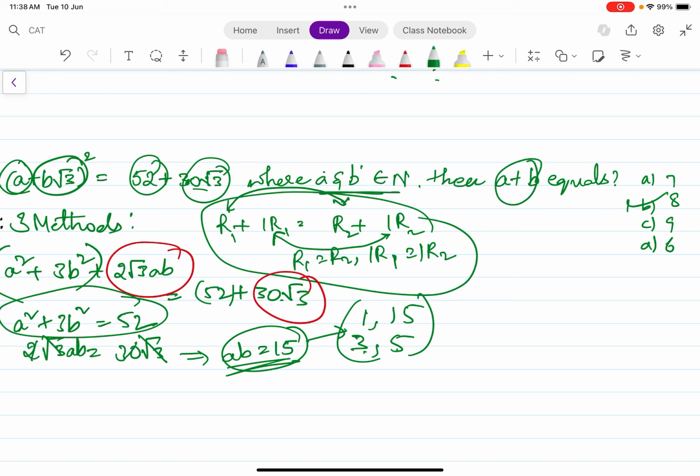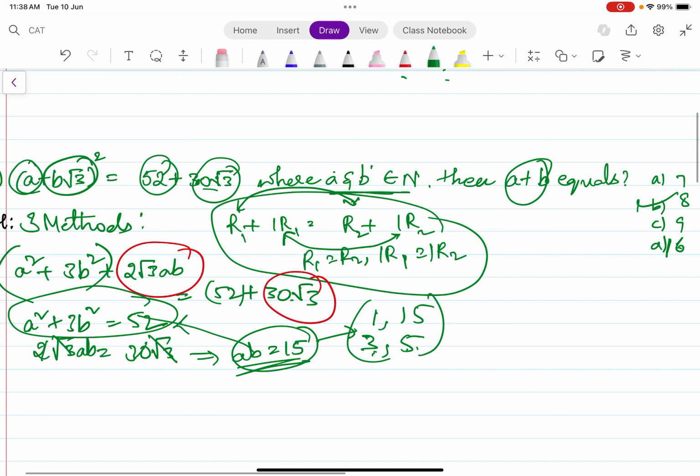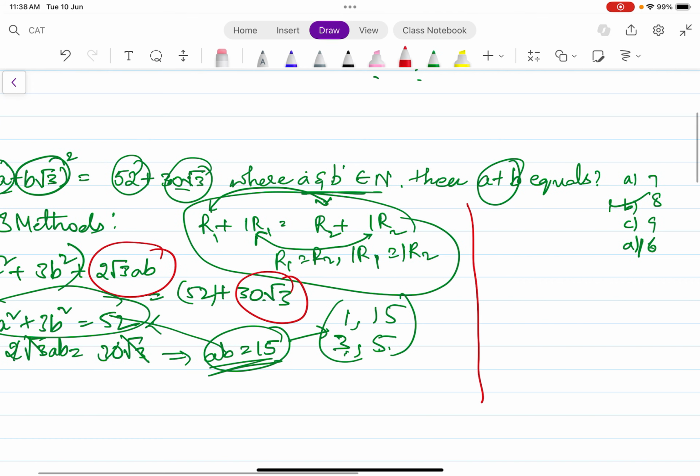3 plus 5 is 8. So it's a direct question. Only if there is an option as 16 should you go ahead and solve these two equations. If there is not, you can directly take the values of a and b as 3 and 5 and then put them as a plus b equal to 8. Now this is one method. Now there is another method to solve this question, right? So the other method is